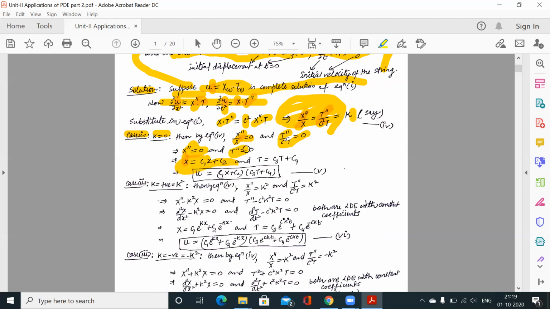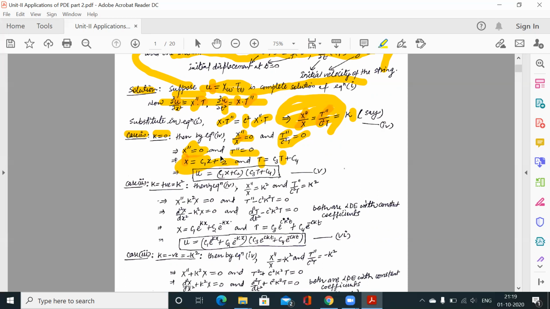Similarly, t double dash is equal to 0. Here also this is a linear equation, so we will get the auxiliary equation m square is equal to 0. So two repeated roots 0 0. So what we get, t is equal to e to the power 0 t into, because c1 c2 we have already used, so c3 plus c4 t. Okay, here it is not capital T, so it must be small t, because this is an independent variable. Like here this is capital X and this is small x.